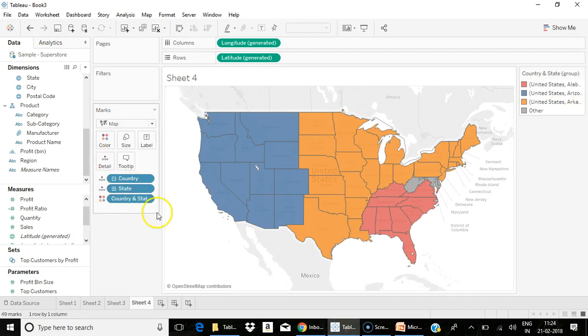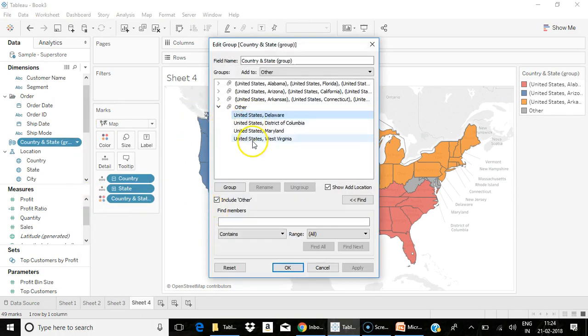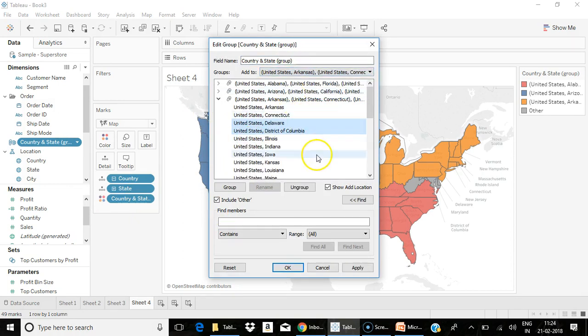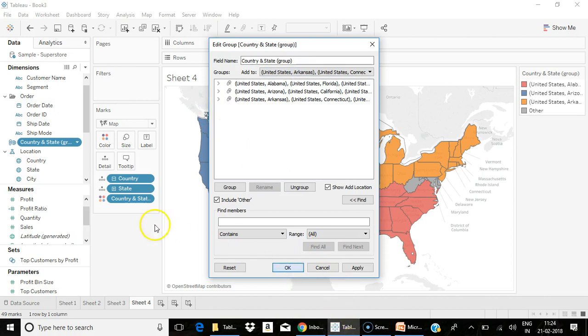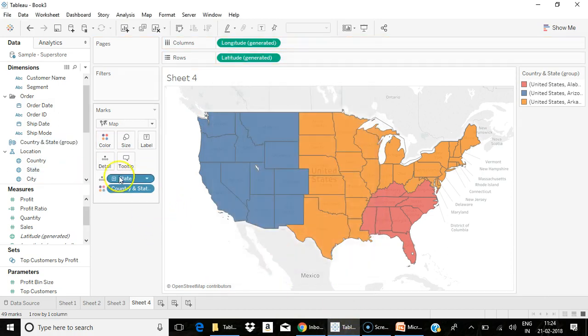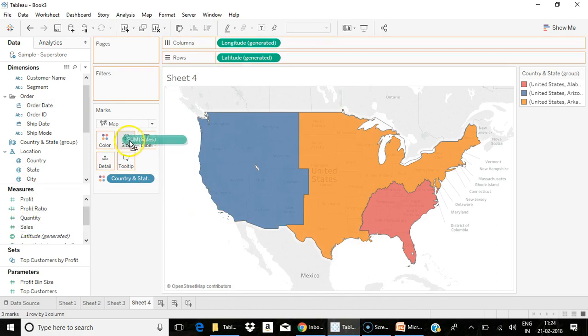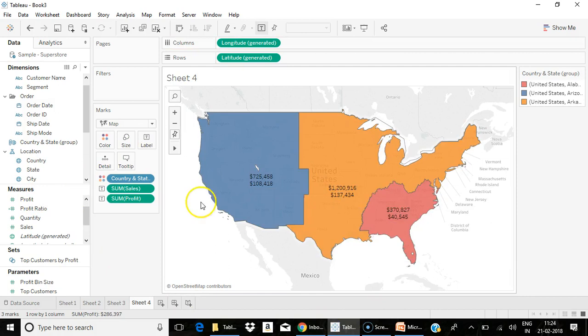So similar to grouping, you will have the group added to your dimension. You can edit it. So now I have my own territories that have been built, where I can find what is the total sales and profit. So this is one method to build your custom territories, where you select the particular geographical areas and you build your own territory using grouping.